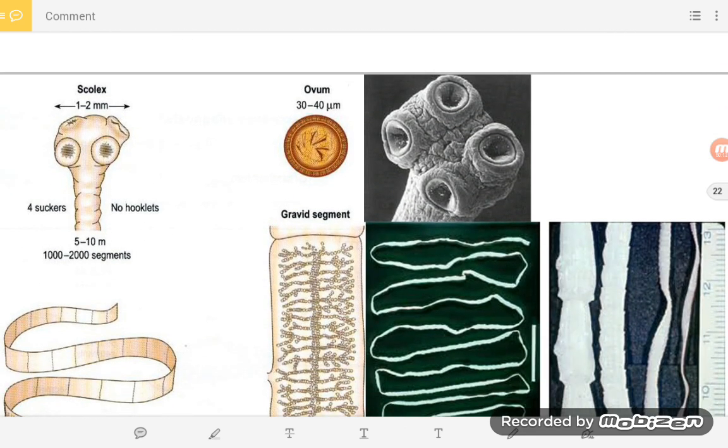This is the morphology of the different parts of Taenia saginata. The first picture describes the Taenia saginata scolex. It is 1 to 2 millimeters, because we already discussed that Taenia saginata is larger than Taenia solium, whose scolex width is 1 millimeter, so this is a little bit larger. And same like Taenia solium, here we can see the 4 suckers, but the other difference